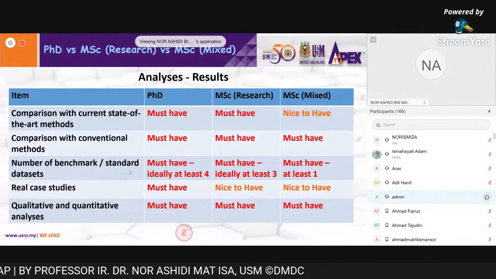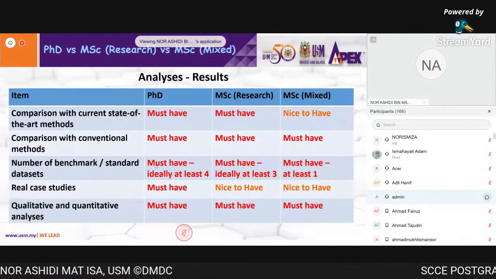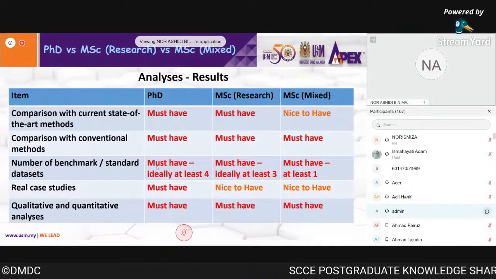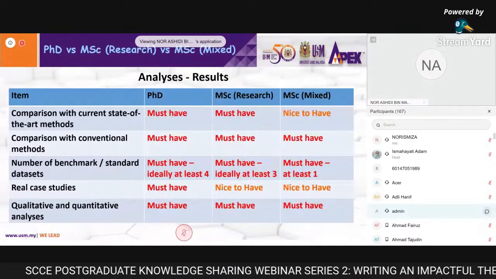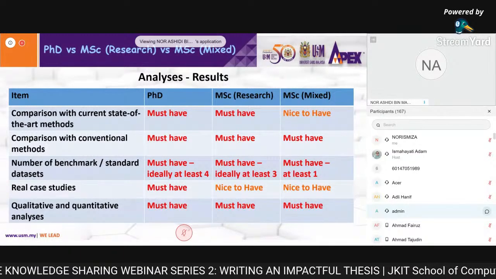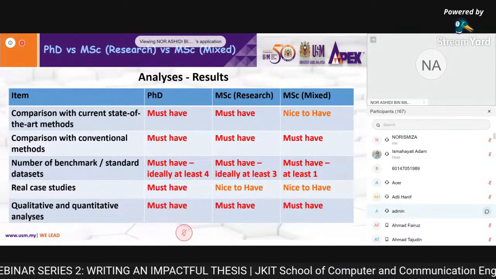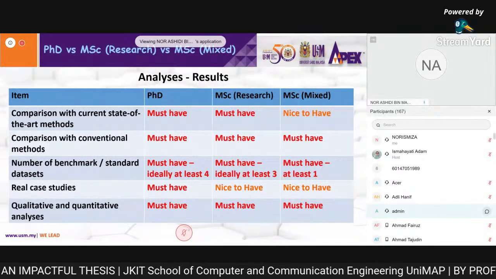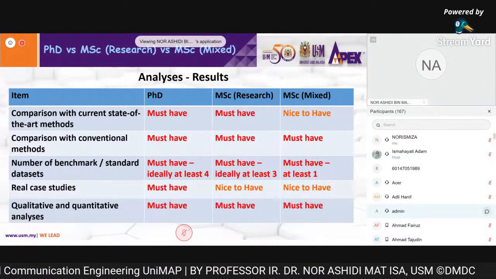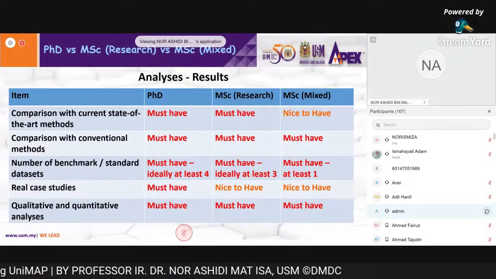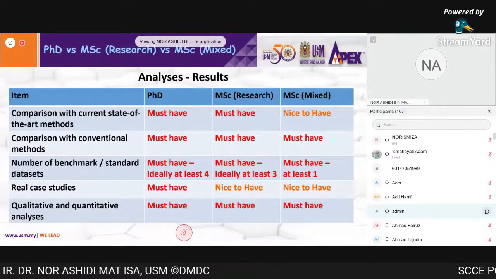If you use a standard data set, it is much better, because there is a standard procedure, a standard benchmark used by existing methods in order for them to prove that the techniques are good. So you must use the same benchmark, the same standard data set. Otherwise, your technique cannot be compared with others because it's not fair.